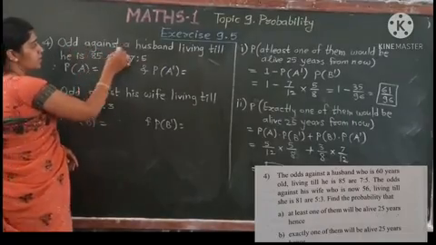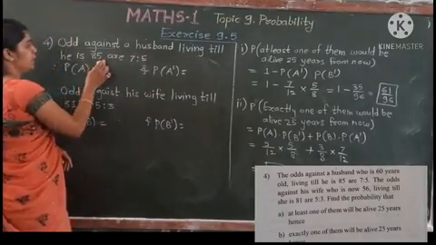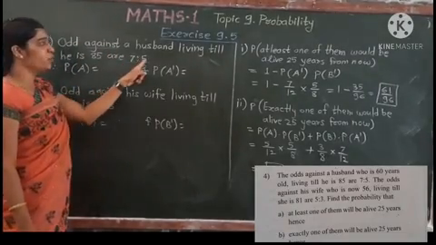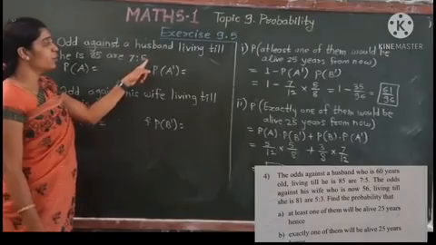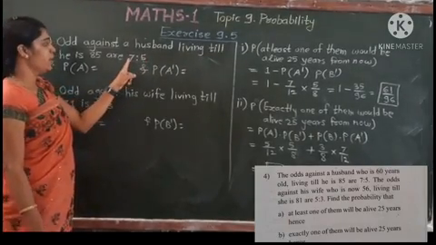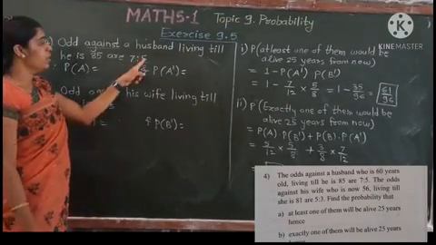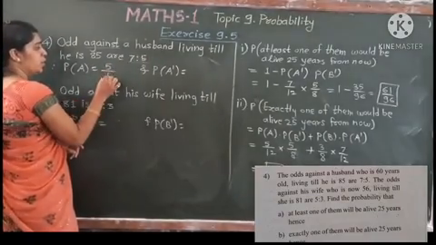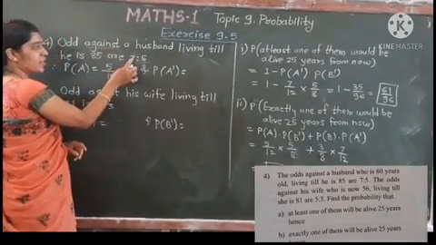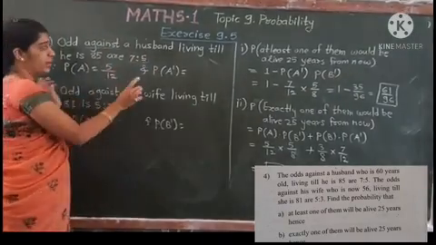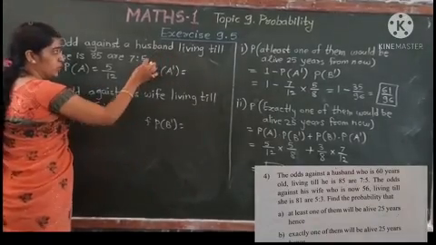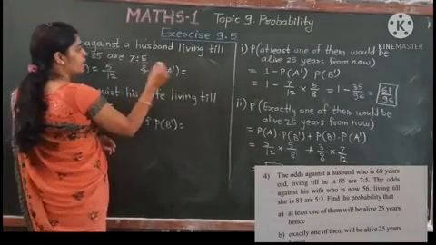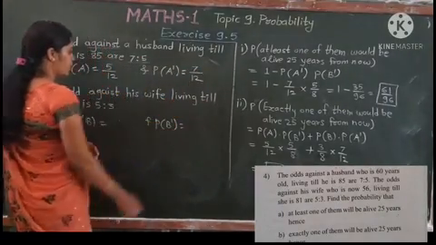First condition, odd against husband living till he is 85 is 7:5. Against means unfavorable to favorable. आपण इथं फेवरेबल कुठला म्हणला? हजबंड लिव आणि हजबंड डज नॉट लिव. लिवचा काय येणार आहे? 5 अपॉन 12. अगेन्स्ट म्हणजे नॉट आणि अनफेवरेबल टू फेवरेबल. फेवरेबल काय घेतलं आपण? हजबंड लिव आणि अनफेवरेबल काय येणार आहे? हजबंड डज नॉट लिव. 5 upon 12 and here 7 upon 12.